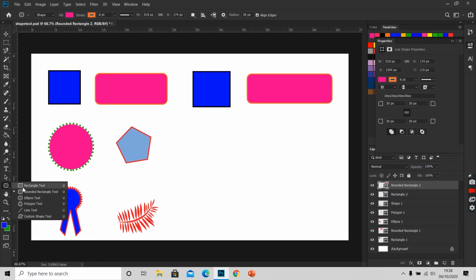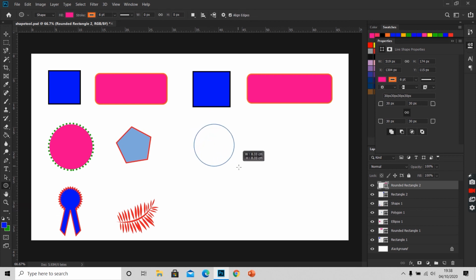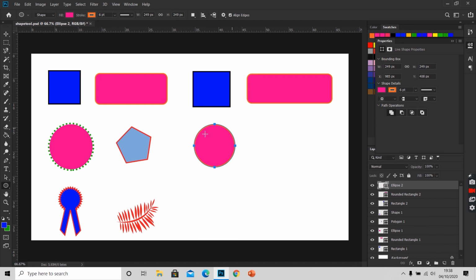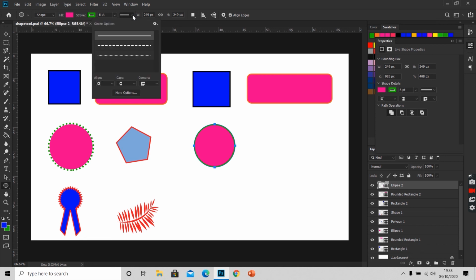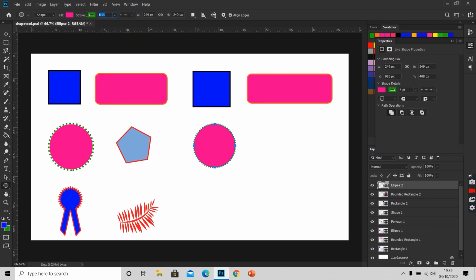Next is our ellipse tool. To make a perfect ellipse, you'll press Shift, click and drag. So here the color is the same, but the stroke color is green here. So I'll select green, and you can see the stroke is kind of different. So we'll go to this arrow and select the kind of stroke that we want and align it outside. Increase the width of the stroke from here, and this will get you the result. Press Enter to deselect it.